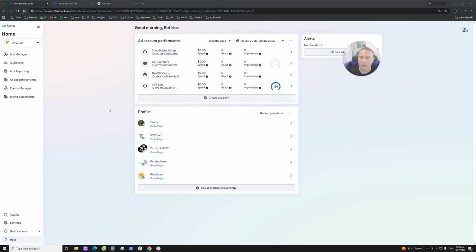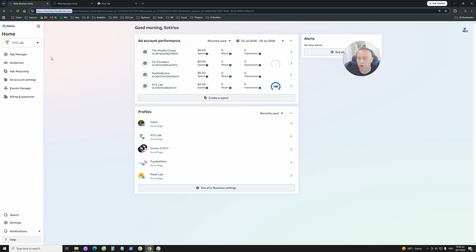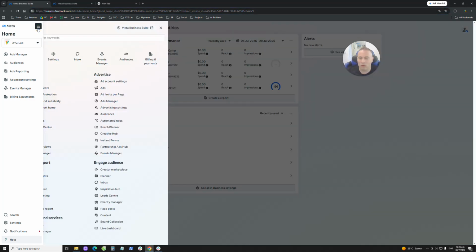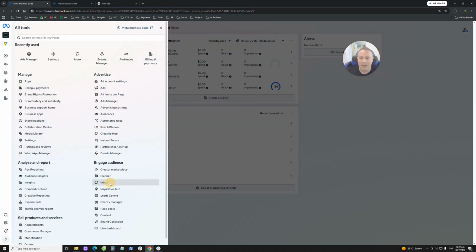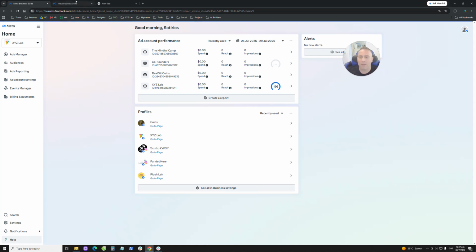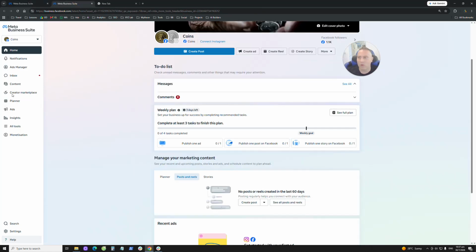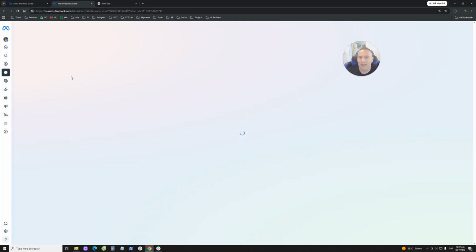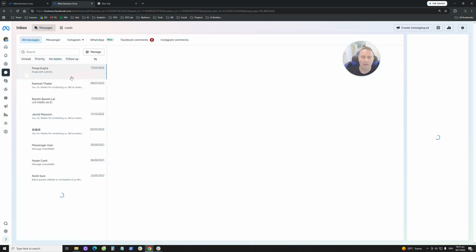And let's get started. So first thing you need to do is to go to your Meta Business Manager or Meta Business Suite, which means you need to go to business.facebook.com. From there, if you are in the Meta Business Manager, you need to open all tools and you need to select Inbox. If you are in the Meta Business Suite, then on the left-hand side, you're already going to see this option that is called Inbox. So you are going to click here in the Inbox, and here you will be able to see all your